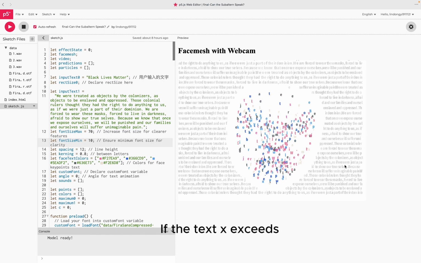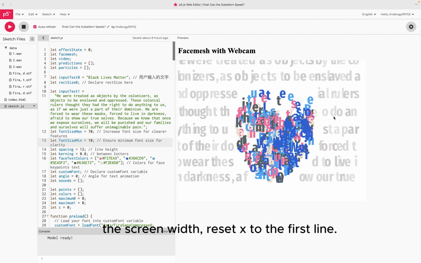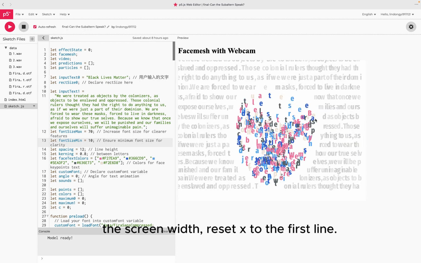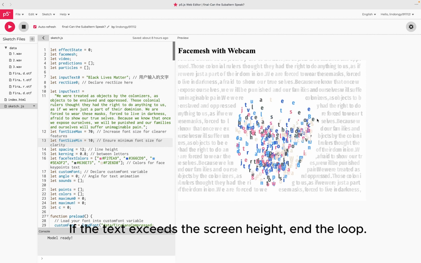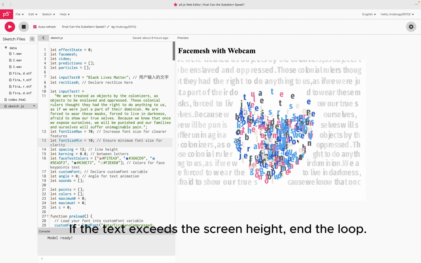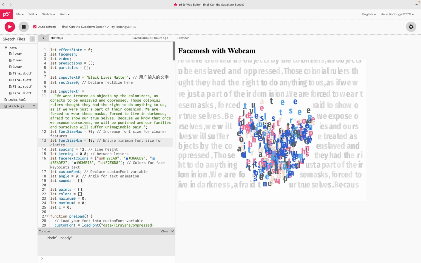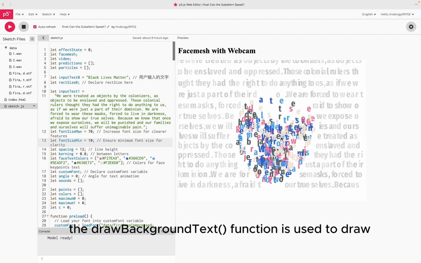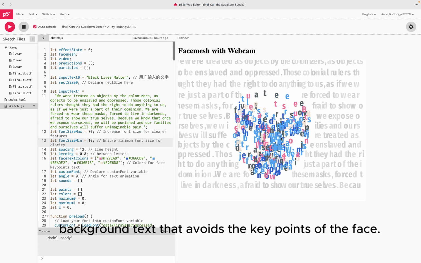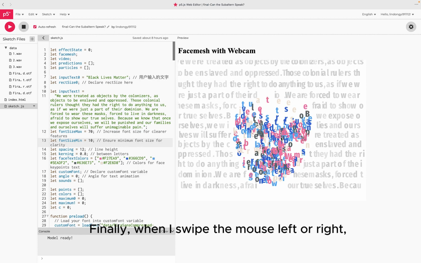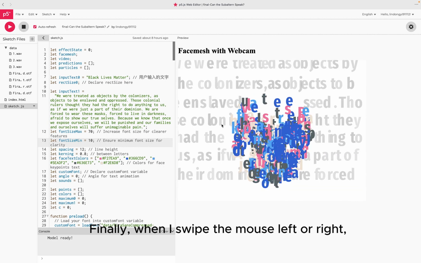If the text exits the screen, reset to the first line. If the text exceeds the screen height, it loops. In addition, the background text function is used to draw background text that avoids the key points of the face. Finally, when I swipe the mouse left and right,